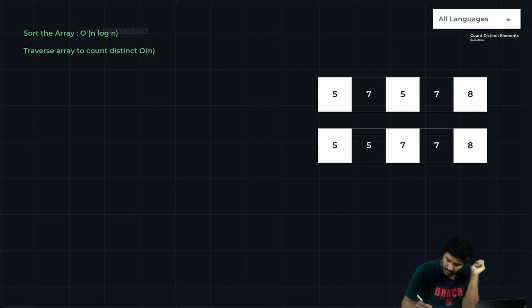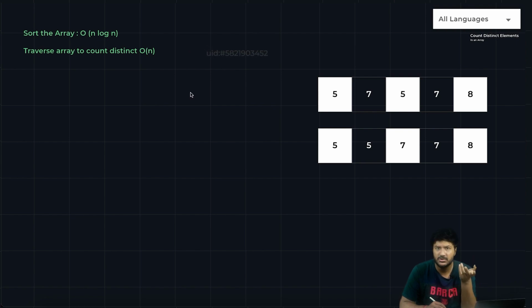Now, as all of us know, to sort the array, if you take the best options, you'll be going ahead with quick sort or merge sort. There are inbuilt functions that we are going to use to do this. If you want to do it on your own, you can, but inbuilt functions in most of these companies would be allowed, and you can go ahead and use them, right?